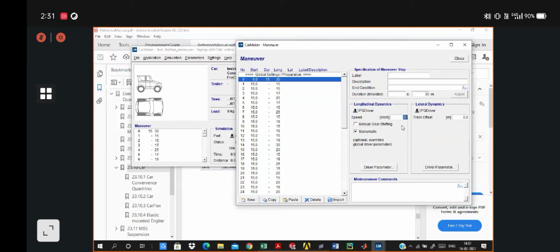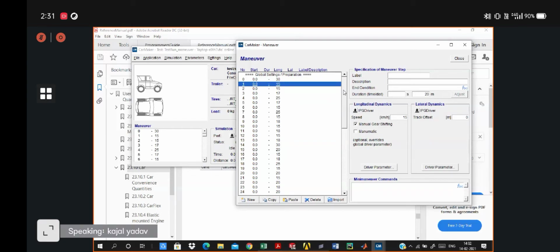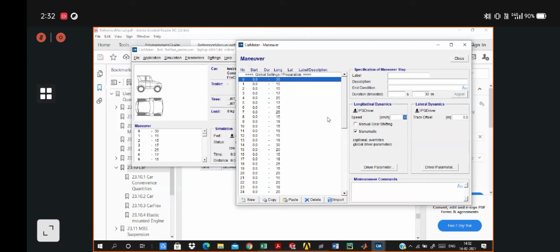Then in the second step, similarly, you have to define these, or you have to vary your speed profile. Since my speed initially was 30 kilometers per hour, as per my track specification or track design, I need to decrease my speed. So I have put 15 as my speed, and for the next 20 meters I want to keep my vehicle going at 15 kilometers per hour.